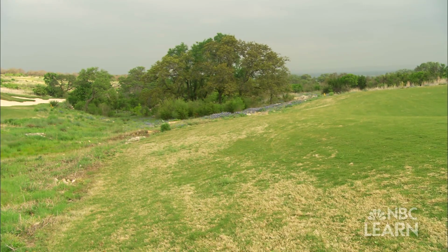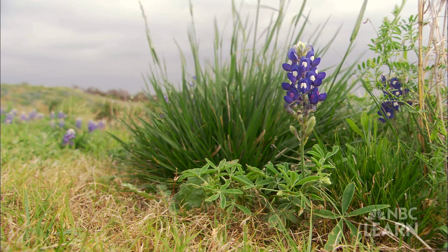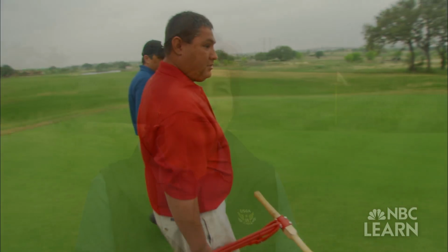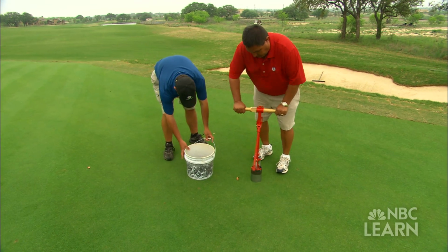In addition, some courses are deciding to reduce the amount of turf grass they use altogether and replace it with turf grasses native to the region that require much less water. You want to make sure that you pick the right turf grass that is able to withstand the environmental conditions that you have. And by making the right choice, it helps you cut down on the amount of water that you have to apply. But some of the most exciting advances in water conservation are new high-tech tools such as